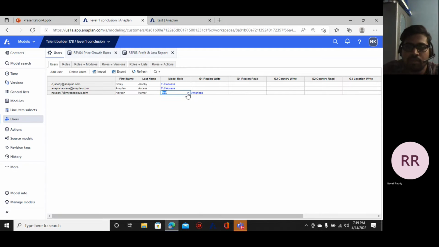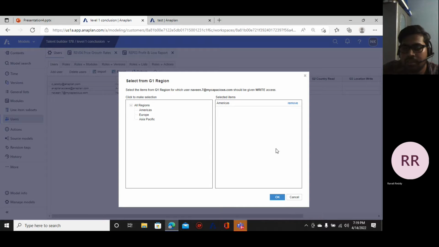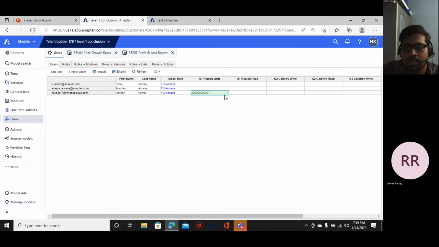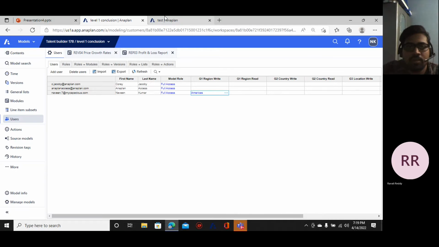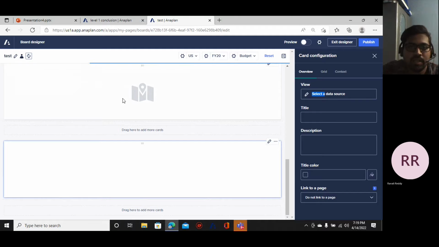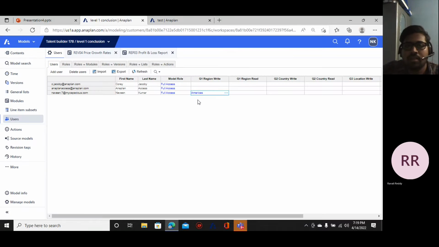Let me change to the full access. And these are the pros of restriction that we are telling the system, so it will not show the data as per the restricted process. So it will not deliver the data. Now we can see in the full access, we can see the features here. If we restrict the data with a separate user, which should show only this module and this line item,